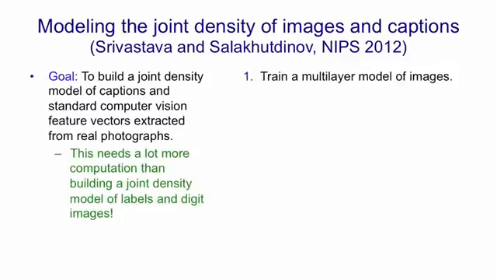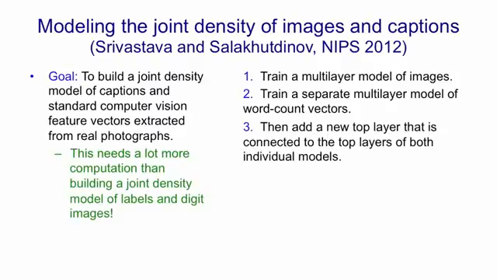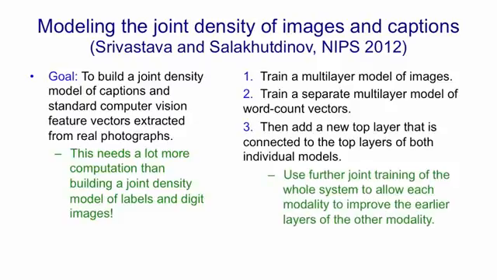So what they did was they first trained a multi-layer model of images alone. That is, it's really a multi-layer model of the features they extracted from images using the standard computer vision features. Then separately, they train a multi-layer model of the word count vectors from the captions. Once they've trained both of those models, they add a new top layer that's connected to the top layers of both of the individual models. After that, they use further joint training of the whole system so that each modality can improve the earlier layers